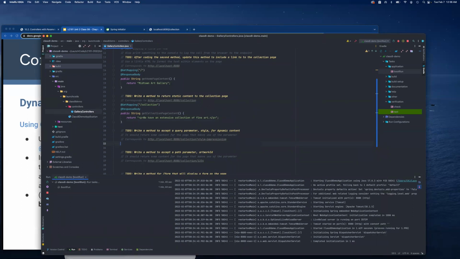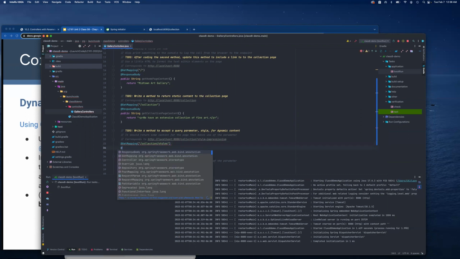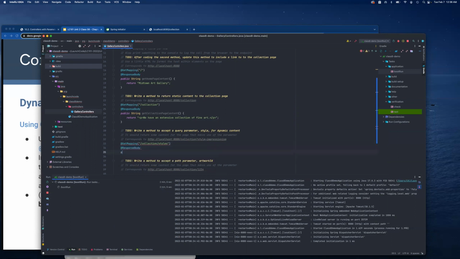Okay, so start with GetMapping /collection/styles. So this is another destination. I am silly. I'm trying to put brackets on this like it's a method. It's not, or at least not a Java method. Okay, public String and get